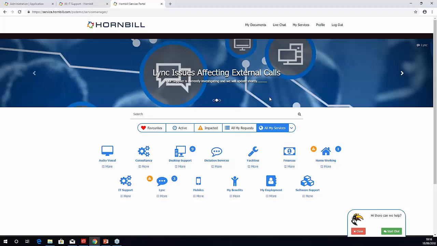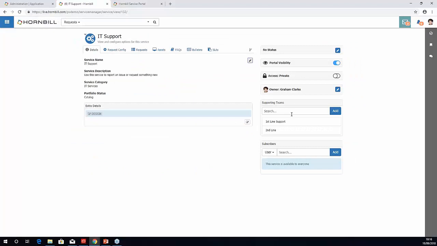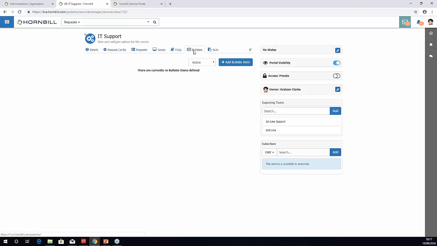So I want to show you how to create a quick bulletin and some information you can put into a bulletin itself. Back to my list of services in the service portfolio, if I close this section here. To create a bulletin, if you go to any service, you have a section called Bulletins on the second from last tab. If I click on Bulletins, I want to create a bulletin for my service called IT Support. If I click on Add Bulletin Item,